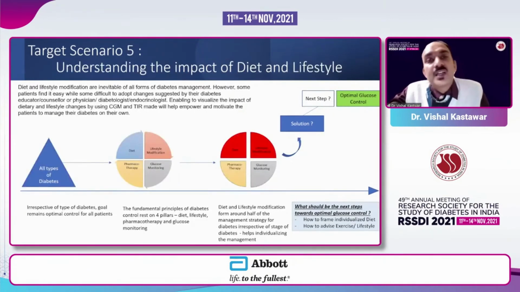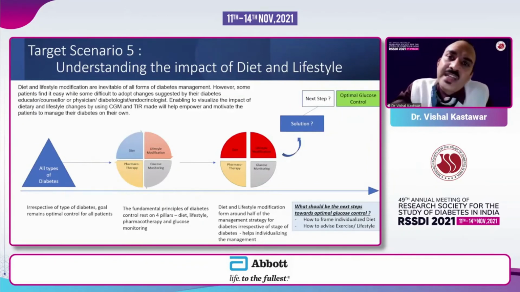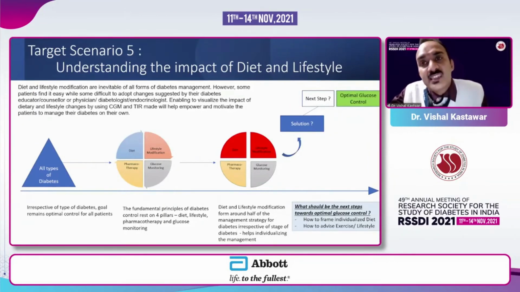And as per Dr. Jayaprakash's lecture, to understand the impact of diet and lifestyle, we keep on explaining to the patients to do diet modification, to do lifestyle modification, but these patients do not follow. And if they know that eating rice does this, eating wheat does this for them, walking so much helps, exercising so much helps, exercising at this time of day can reduce glucose levels this much, exercising in the evening can reduce glucose levels that much.